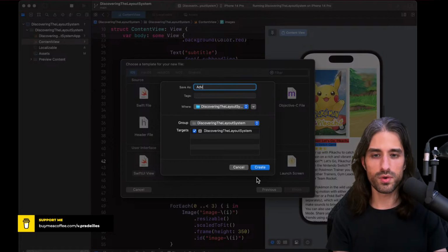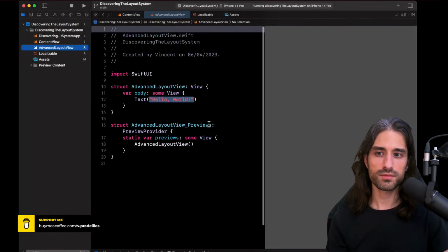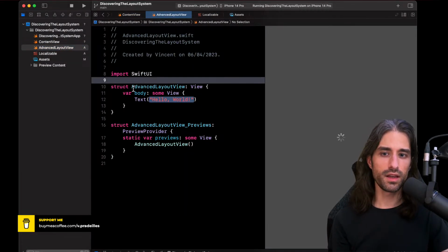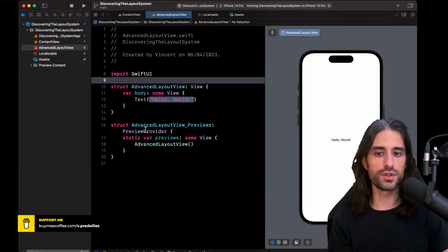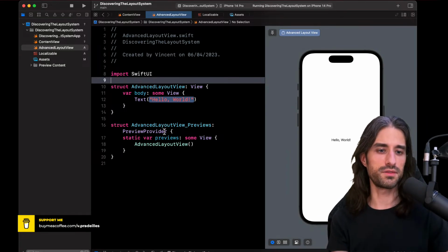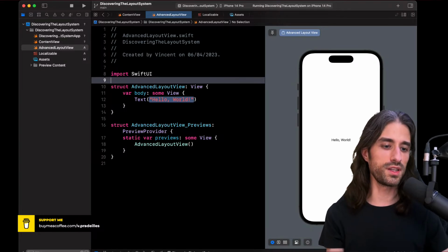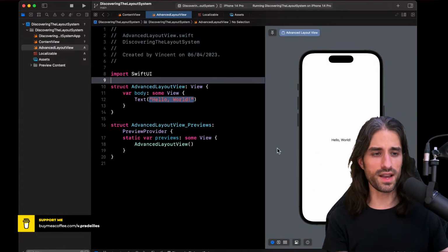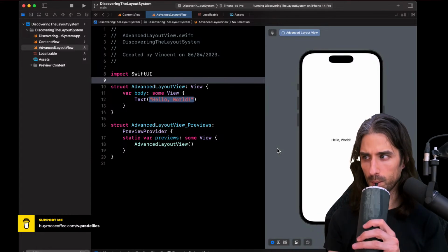So here I'm going to call it advanced layout view, and you can see it added the struct that conforms to view, the preview, and this way I don't have to write it down myself. It's a nice little shortcut. Of course, you can create a basic Swift file and write it down yourself if you want.